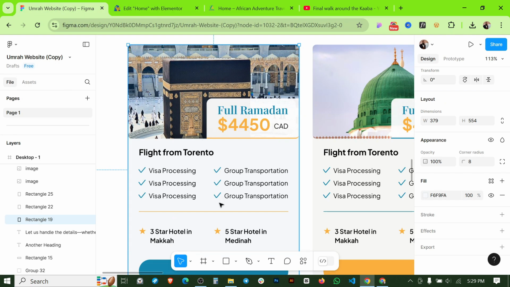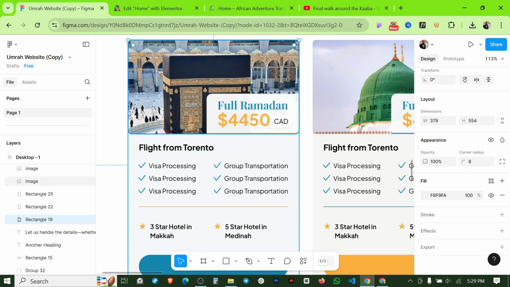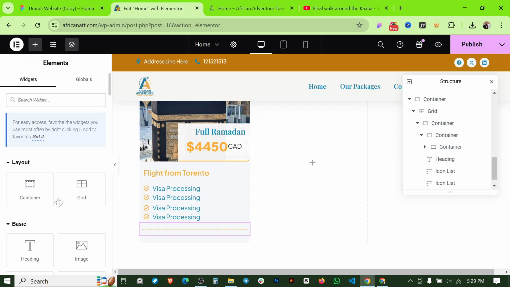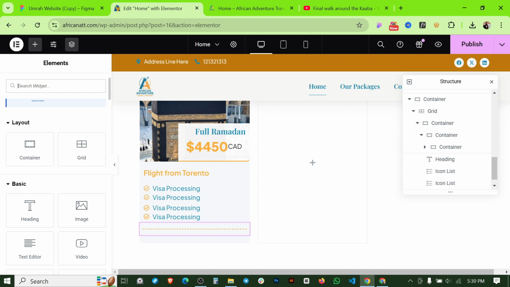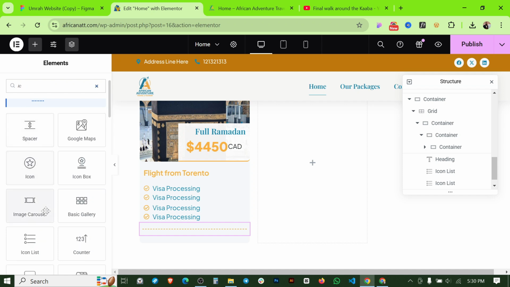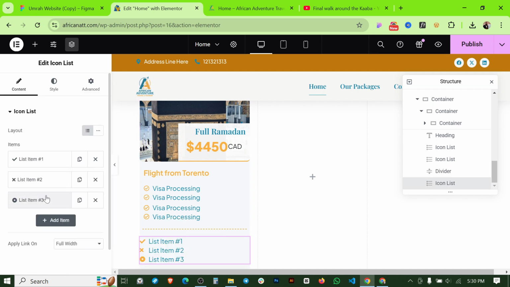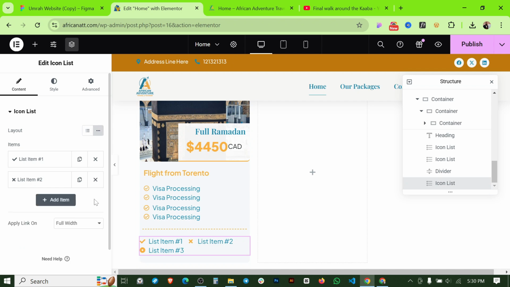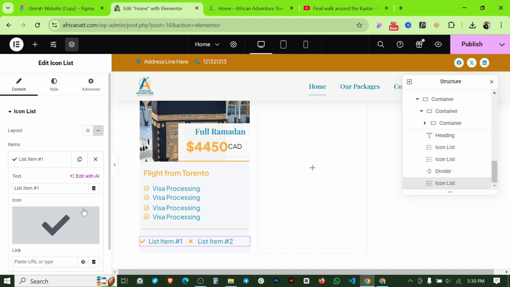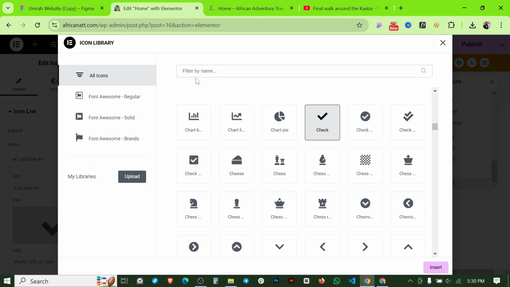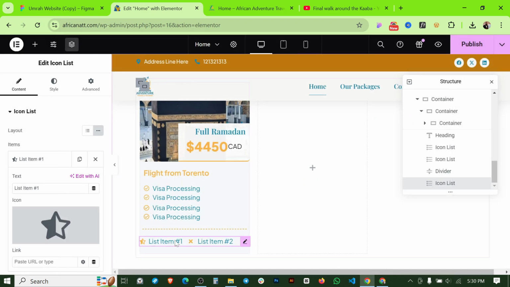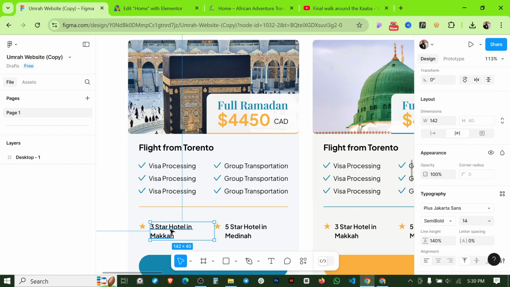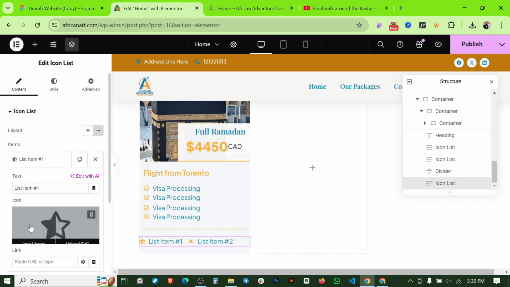And here we have to use another icon here. Let's drop it in here and also make it in line, and I'm going to make this to a star, and we can make it the half star here at this moment. And let's copy this 3-star hotel in Mecca,